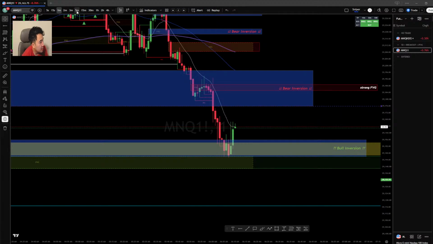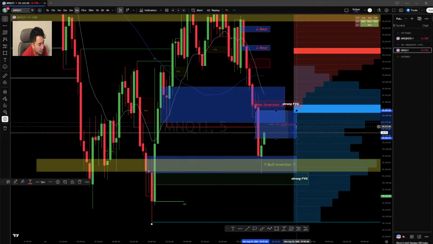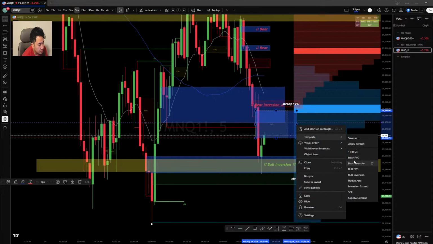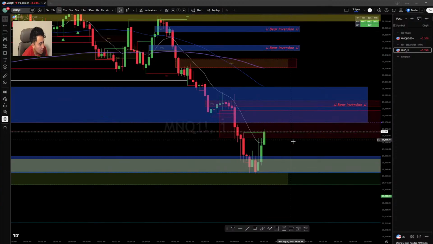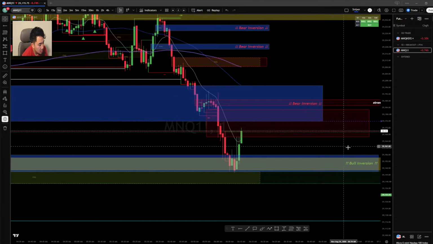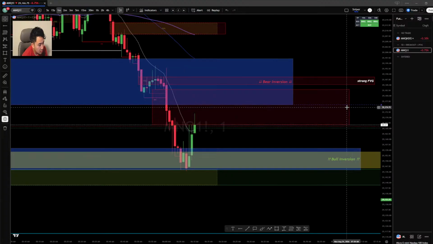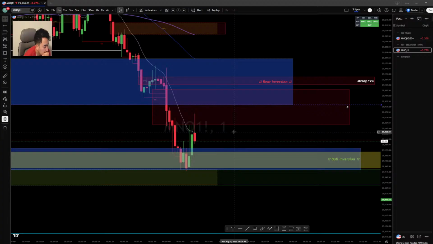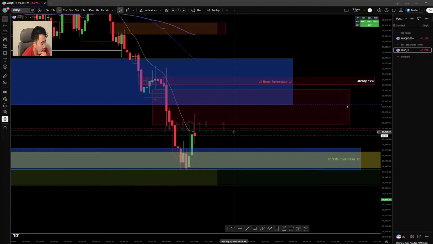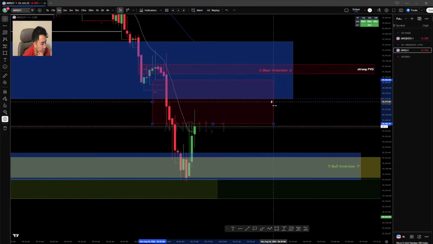All right, so that 5-minute gap closed. I'm just gonna mark it out, but let's see what happens. Just gonna put a 5 here, just letting me know it's on the 5-minute. Tapped into that 5-minute gap there, and now it's reacting off of it a little bit, pushing price down.